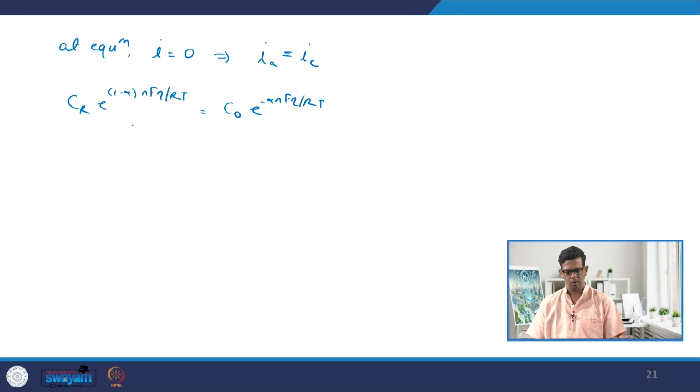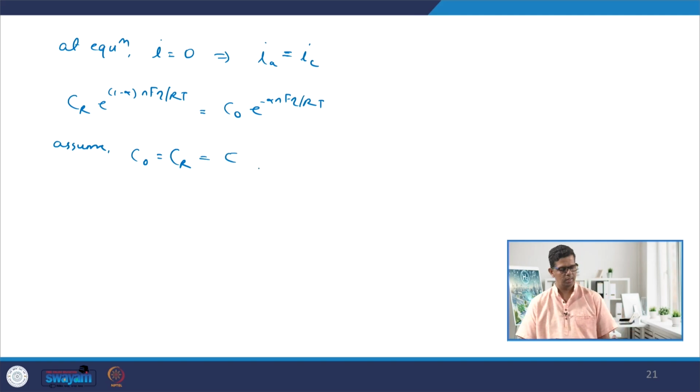Of course, nFA we have on both sides, which get cancelled. So I can write this expression like this, and since we are working at equilibrium, let us assume this C_O is equal to C_R, which is equal to C. In other words, the bulk or the surface concentrations of these species are the same at equilibrium, and let us assume them to be C. So like that we can write for the exchange current, this is your exchange current,